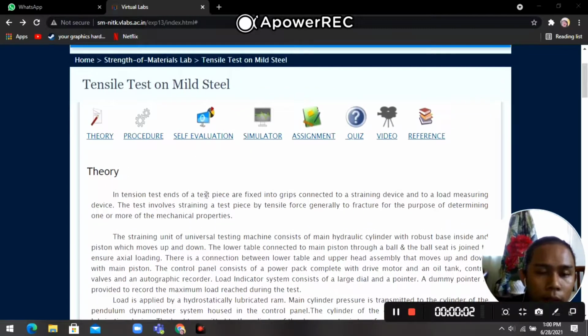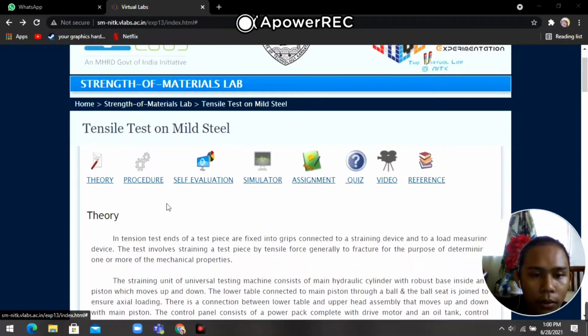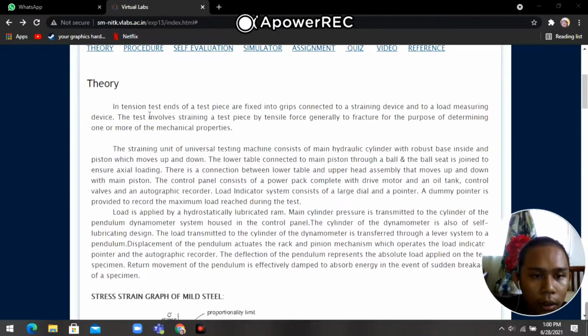And this is the experiment: a virtual lab about the tensile test on mild steel. So for the theory, in a tension test, the ends of